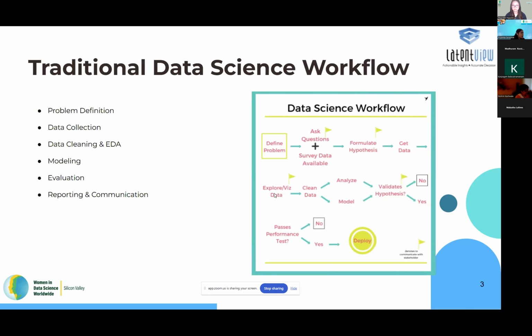We define a problem statement, then we collect data, we perform data cleaning and EDA. We spend a lot of time on EDA, understanding outliers, understanding the null values, and how to replace them. Then we also do feature engineering. We never stop at just building one model. We try out a bunch of models, and then we evaluate and deliver the results in the form of a dashboard